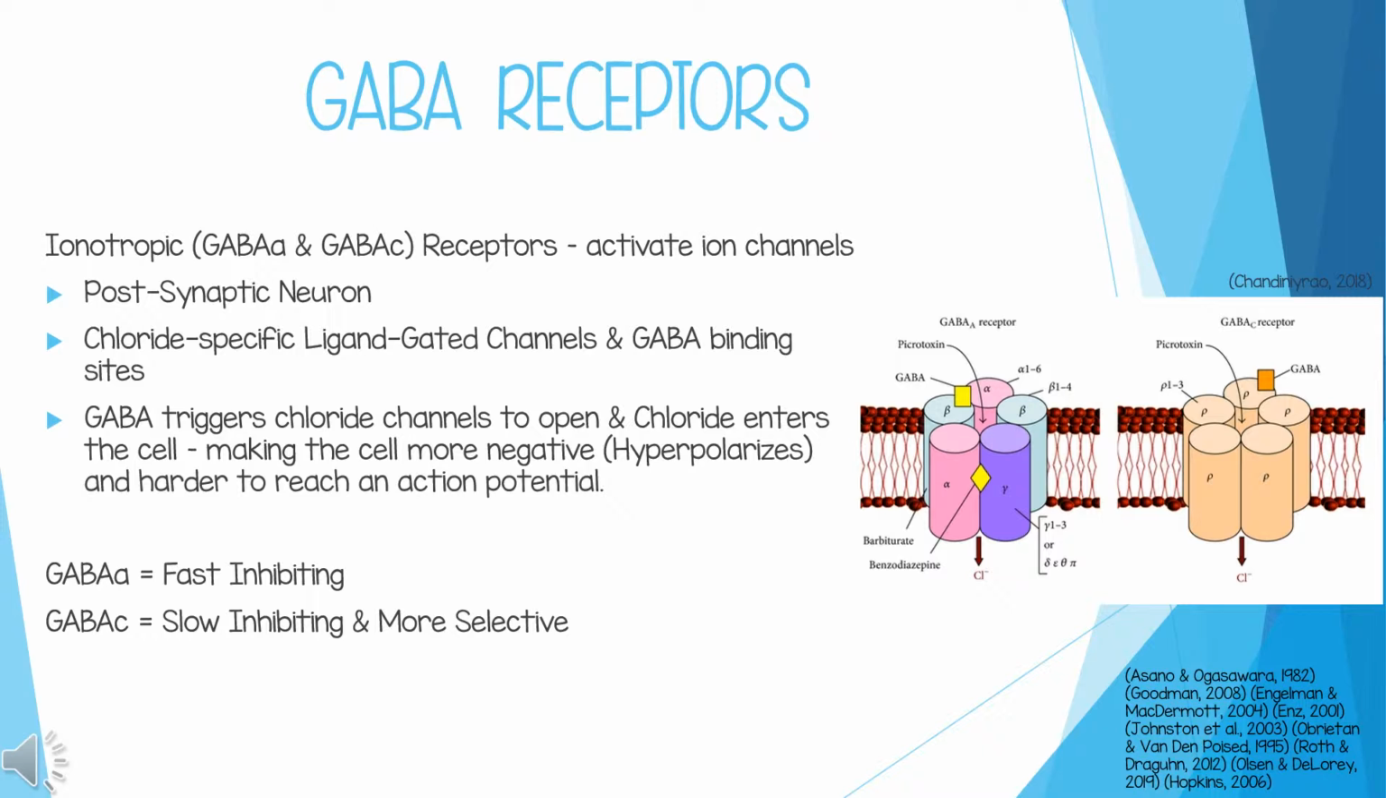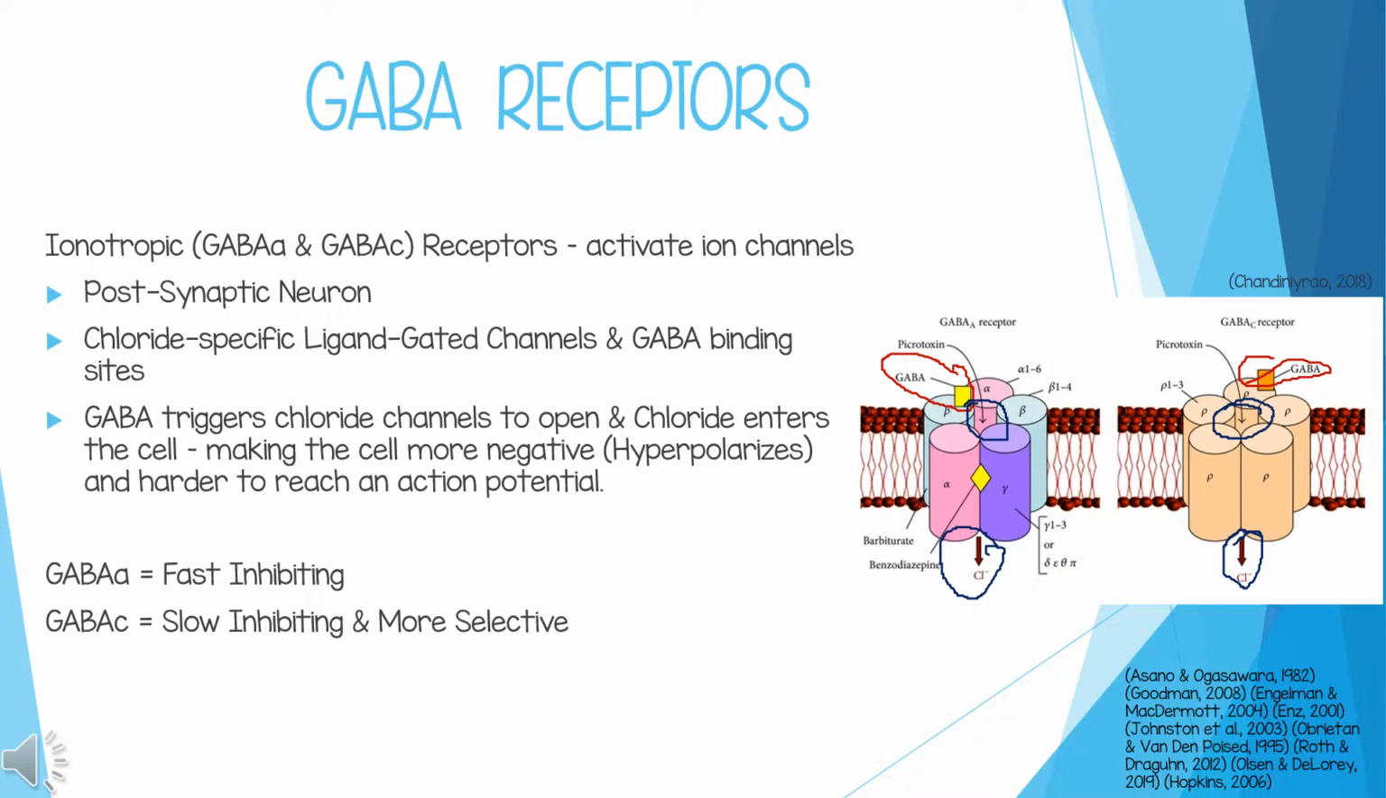Ionotropic receptors activate specific ion channels. GABA A and GABA C receptors contain GABA binding sites and a ligand-gated chloride ion channel. The binding of GABA onto GABA A and GABA C receptors triggers the chloride channel to open in the postsynaptic membrane. This causes an influx of negatively charged chloride to enter the cell, where it hyperpolarizes and inhibits the transmission